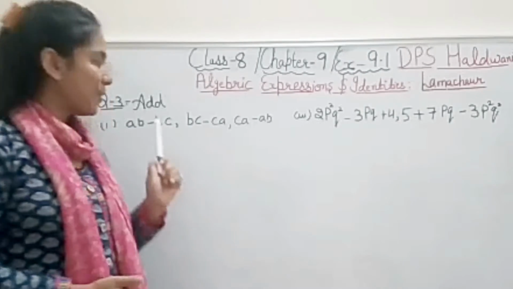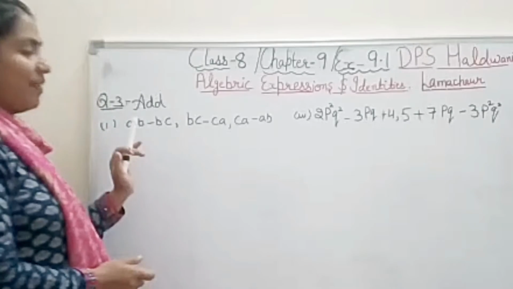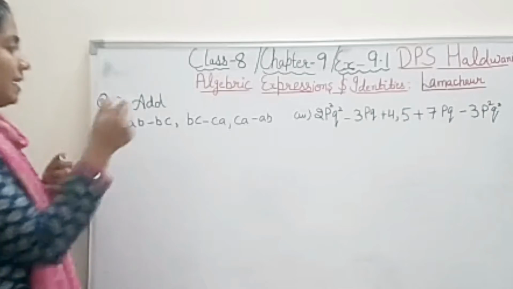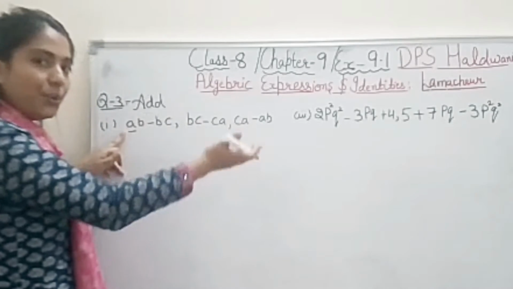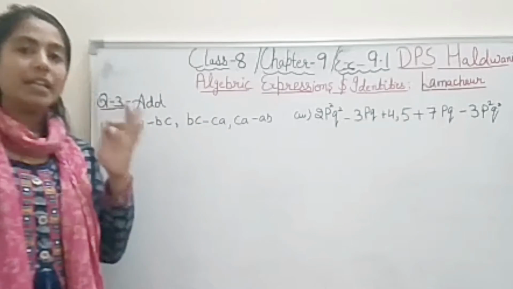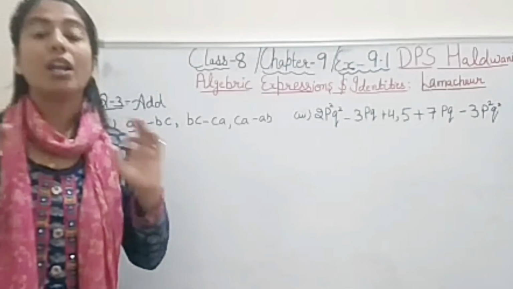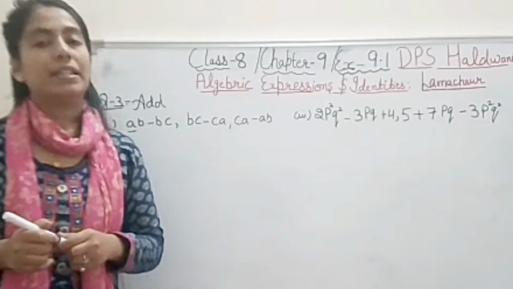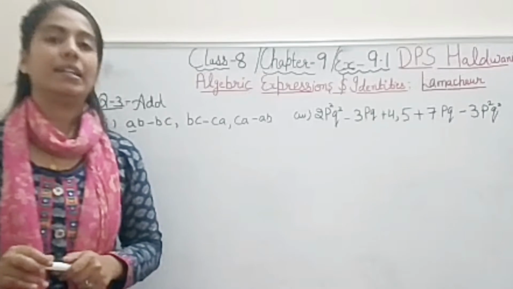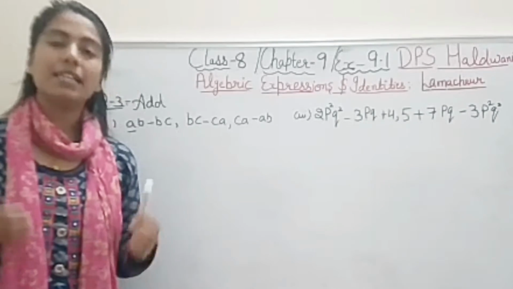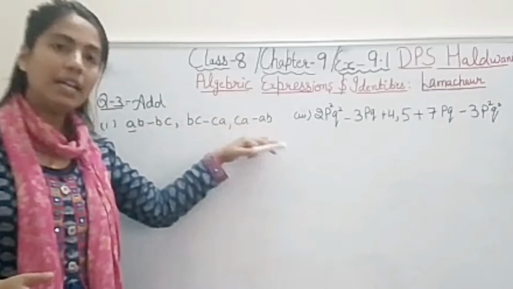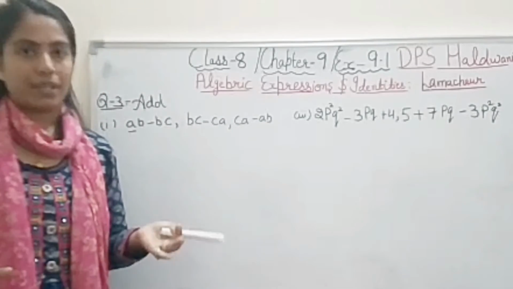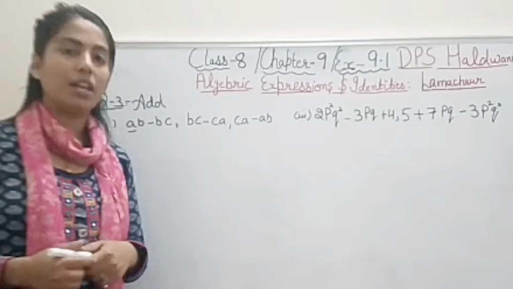Now student, coming to our question number 3, add. Means you have to add. And see student, your choice, you can add the same terms as they are, right? Or you can make a tabular form, in column form, like I have done in the introduction part. In column form, there is less possibility of error. Otherwise if you want to do in the same manner, like AB plus AB is 2AB, it's your choice. Right student? But I am doing in a column manner.